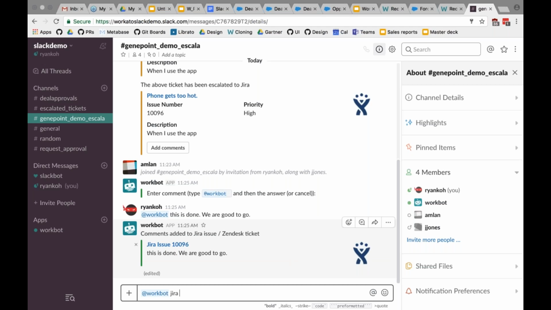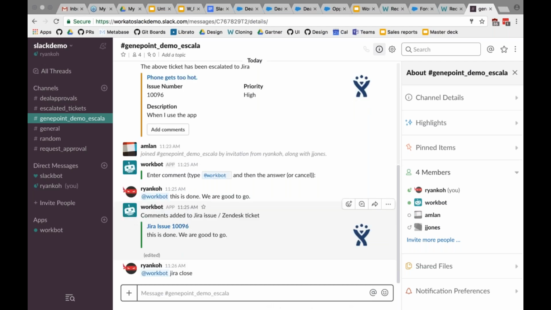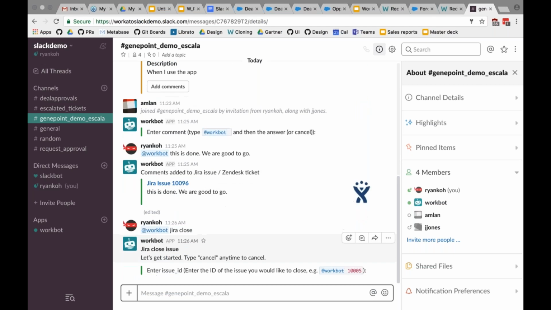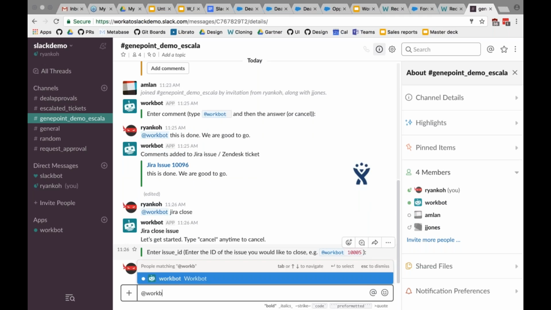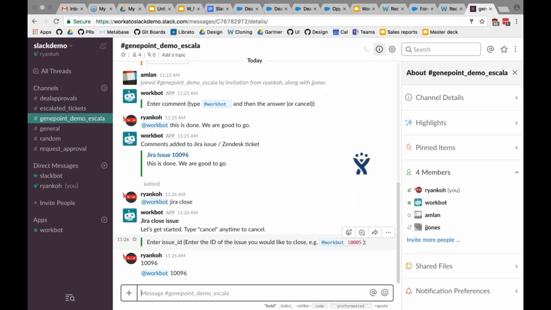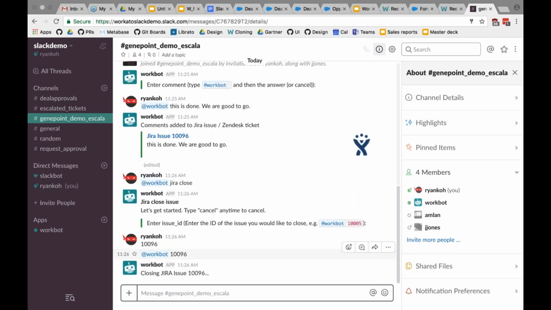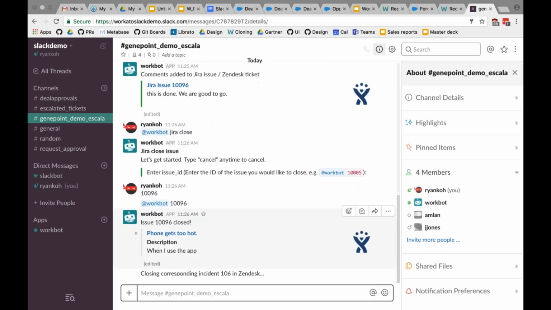So I can say in JIRA, JIRA close. I want to close this ticket because I know that it is done. It's asking me which ticket do I want to close, and I can just type in the name here. Yeah, I keep doing that. And then it is closing that ticket, and